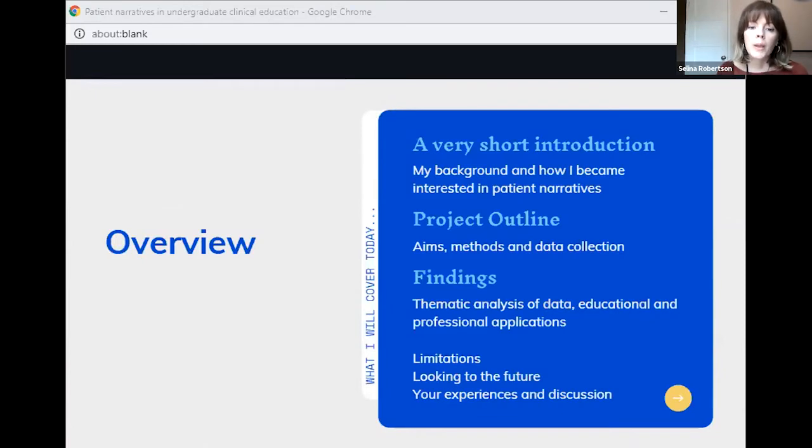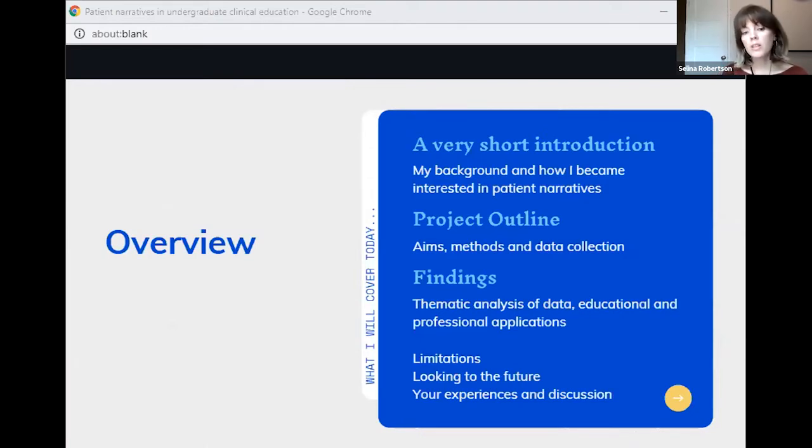So what we're going to cover today. It's going to be a very, very short introduction on my background and how I became interested in this area. The project outline, including my aims, methods, and data collection, and the findings or results. So what I did with the data, thematic analysis, and the educational and professional applications that sort of came out